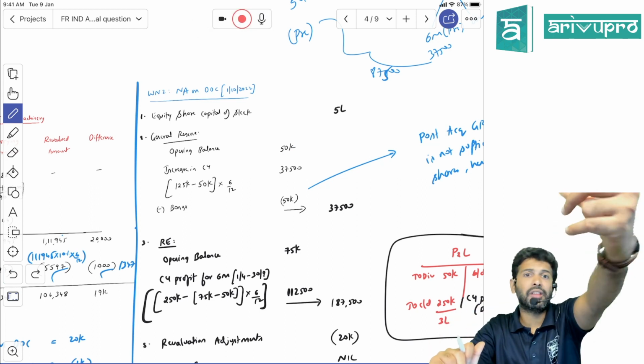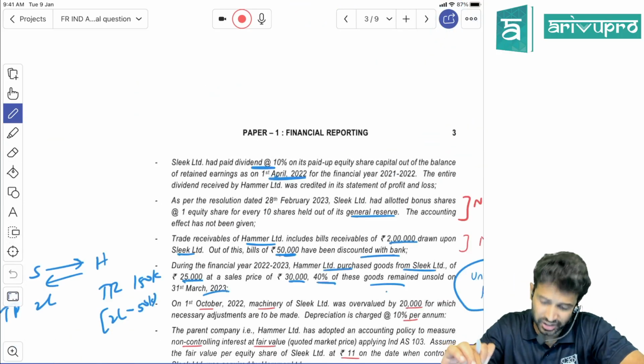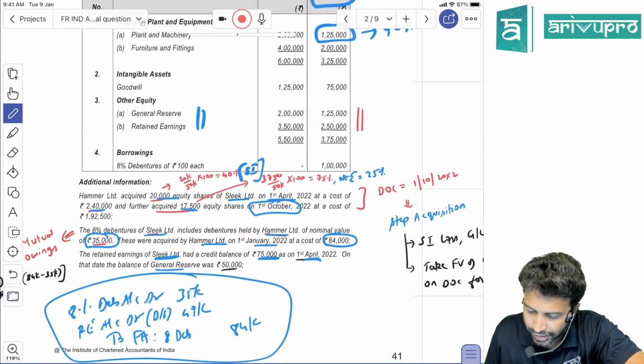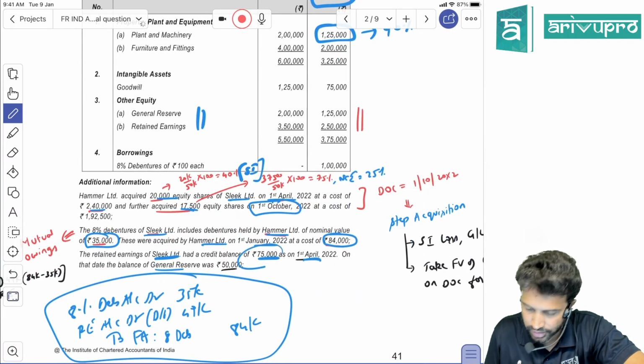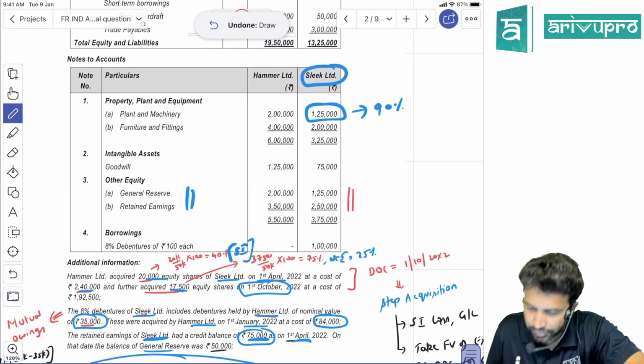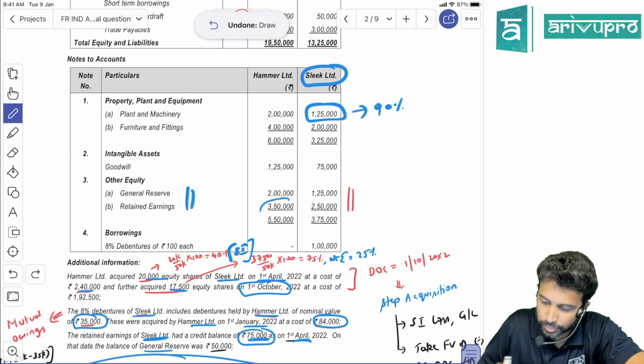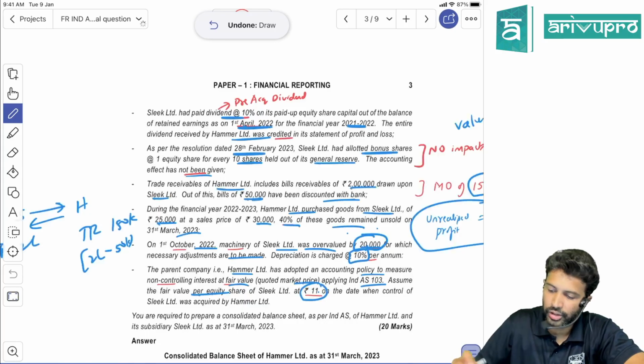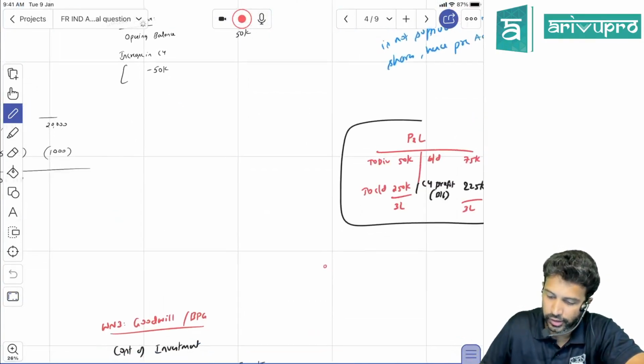So we got share capital, we got general reserve. Then is there any other reserve? Yes, we have retained earnings. Have they given retained earnings? Yes, they've given the opening balance of retained earnings on 1st April. How much is that? Here, 75,000. Opening is 75,000. The closing balance of the subsidiary company is 250. 75 has become 250. So I've just drawn up a ledger over here for your reference.